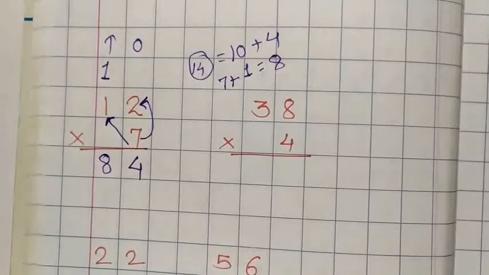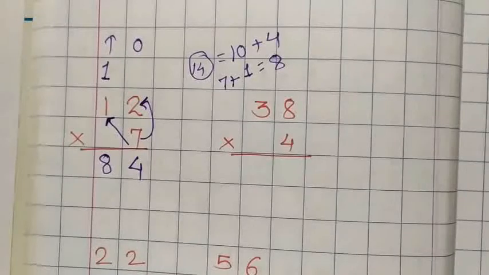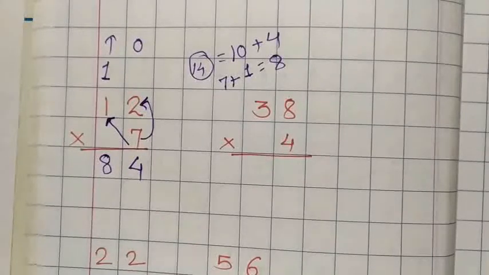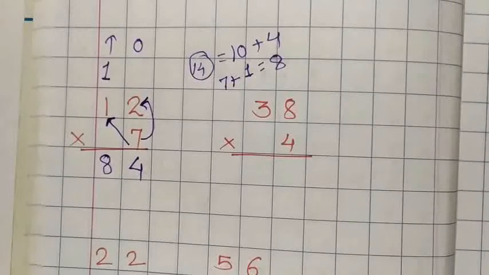So this is the step. These are the steps while solving examples of a 2-digit number by a 1-digit number, and the answer will come. The answer is coming in 2 digits. So these are called with carrying examples. So this is the method. So one more example we will solve, students.